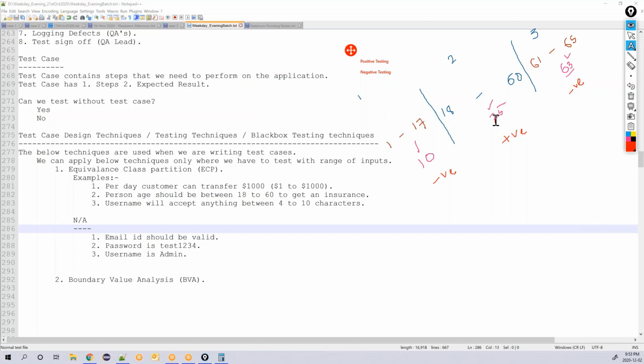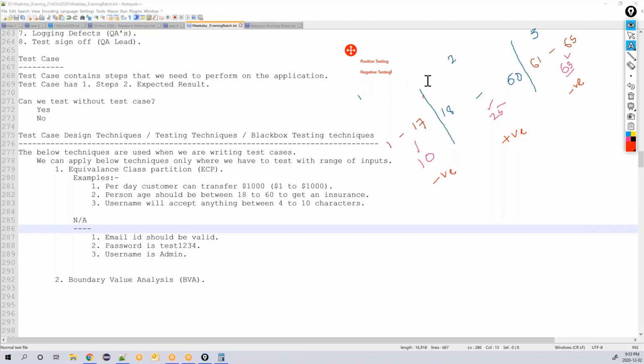Yes, there is a word called positive testing and a word called negative testing. For every scenario where you are testing, you will do both positive and negative. So you don't need to specifically say I wrote positive test cases and negative test cases. What you can rather say is, I have done functional testing, regression testing, retesting; those are different types of testing.